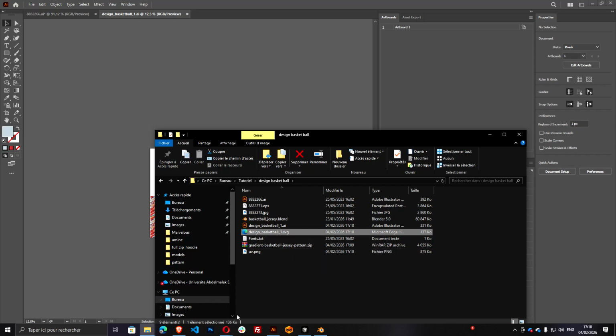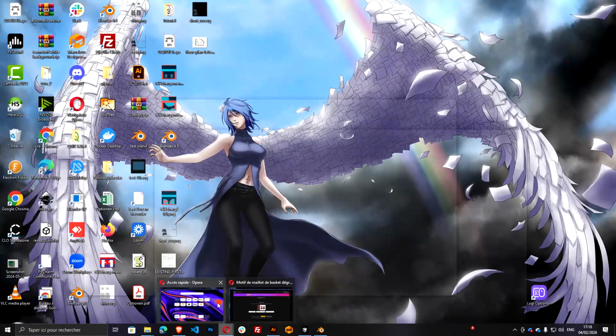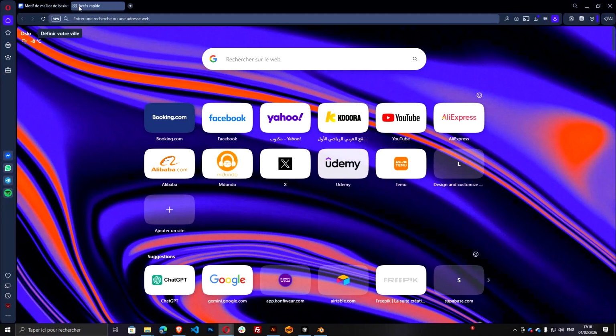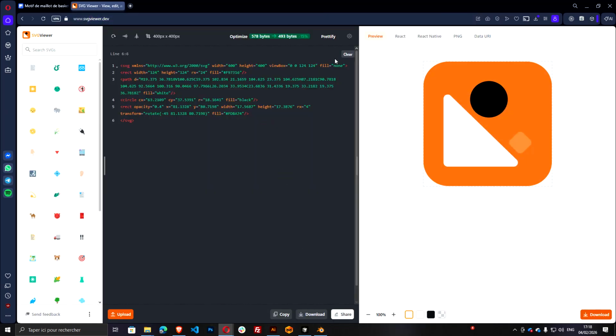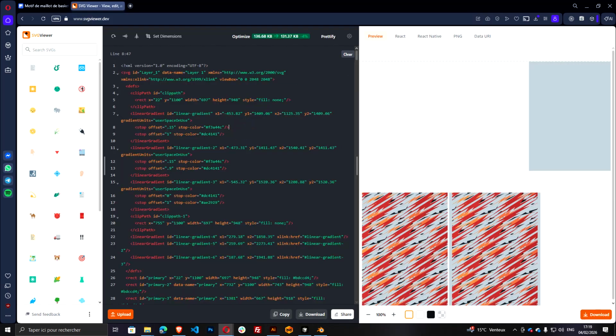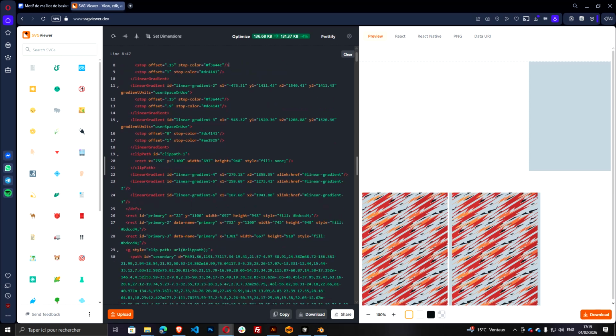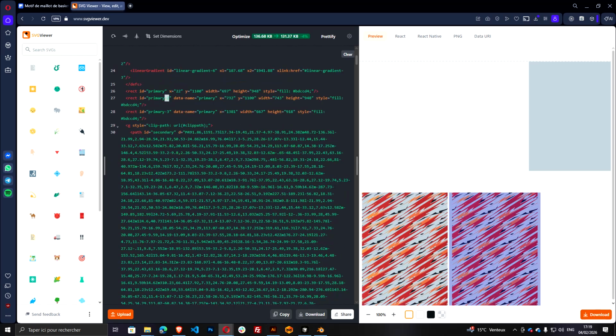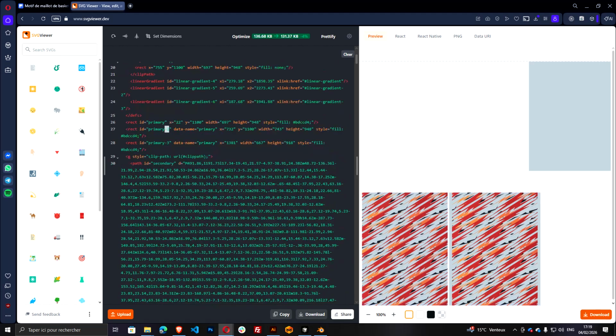Now the next step is to go on the browser, open this website, svgviewer.dev, first clear, then drag and drop your design here. What we want to do here is to make sure you do not get any numbers added by Illustrator on your IDs. Our application uses IDs, and it expects to have the ID only the way it needs. So use primary, nothing else after primary. So I will just remove